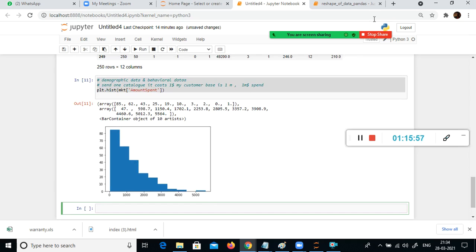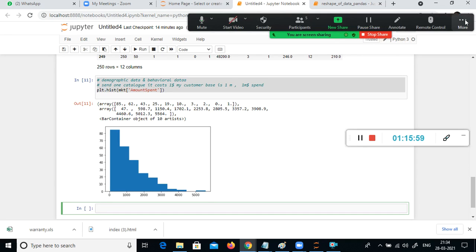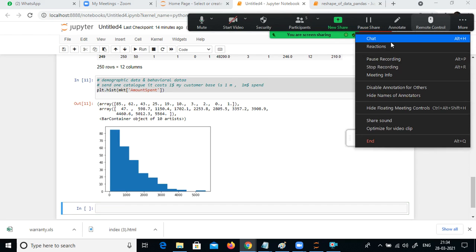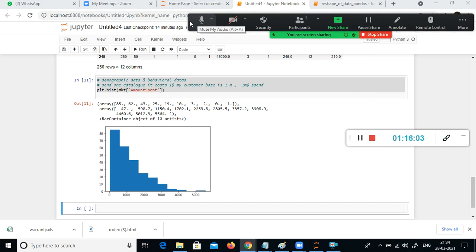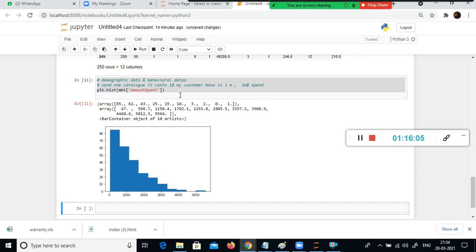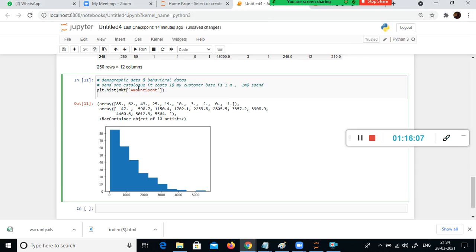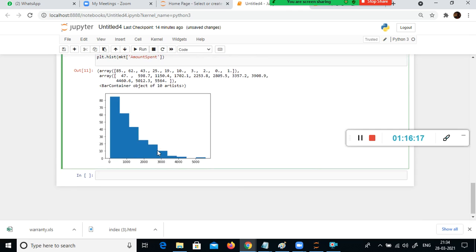Let me see how many of you were able to follow my descriptive statistics. Amount spent is a numerical variable. You can use only a numerical variable to plot a histogram. That is pretty straightforward. What can you interpret from this?